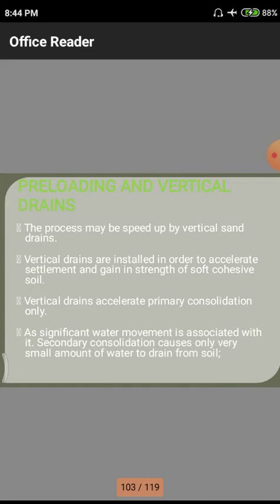What does the secondary process of consolidation mean? Removing the voids in the soil. You may have a little confusion, so I will clear it up. Normally, vertical drains are used to remove the water present in the soil, using sand as the major material in the drains. That means wherever holes are bored or dug vertically into the ground, they simply pour in a sand-like material. The sand absorbs the water. Automatically the water is absorbed by the sand.